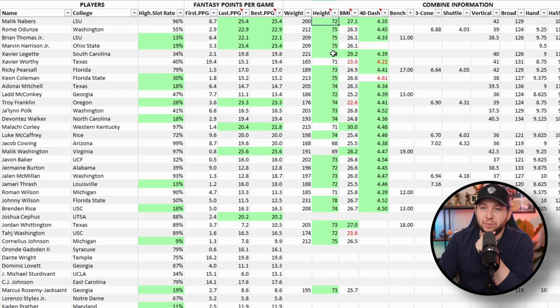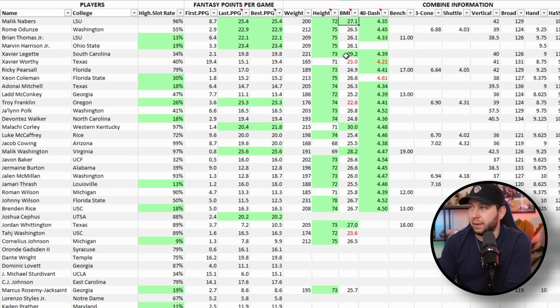Height, I want to see you at 6 foot or above. It's not a bad thing if you are not 6 foot in the NFL. We've seen a lot of really recent wide receivers come in and be under 6 foot, but generally still the most elite and most successful players at the NFL level are still at least 6 foot or above. BMI over 27, again, same thing. We've seen players be very successful in the NFL under a 27 BMI, but again, still generally the prototypical wide receivers have a